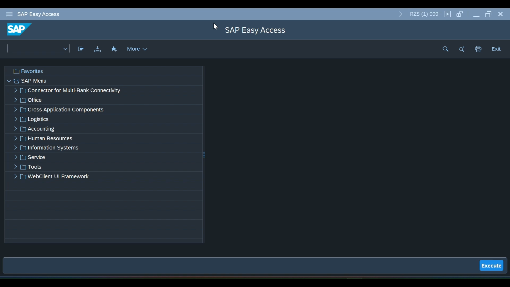So first we know what a storage location in SAP system is. Okay, so actually a storage location in SAP is a subdivision of a plant where materials are physically stored and managed. Materials